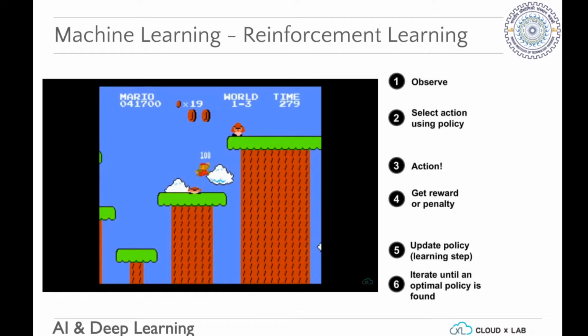So by trying these multiple strategies and multiple policies, it figured out, so it looked at the points, it looked at the reward, it looked at if I survived. If it is, then it just kept updating the policies. So it kept doing the things that made it survive, that helped it survive longer and gave it more points. So it kept doing this till the best policy is found.